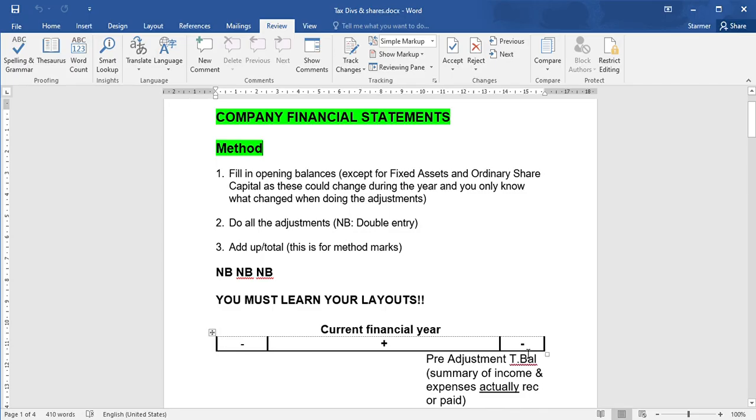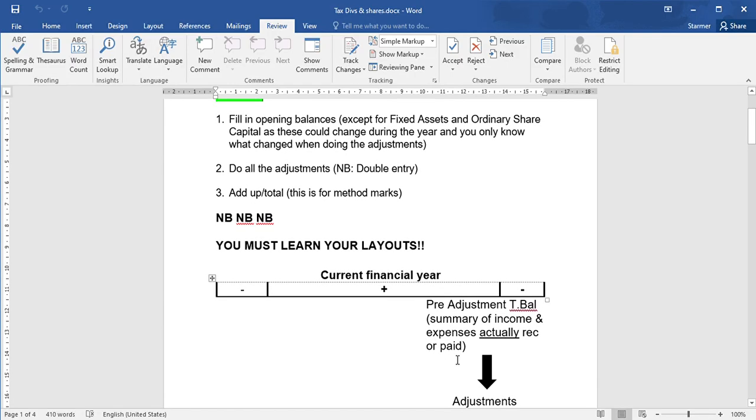So what you're given to start with then is a pre-adjustment trial balance. The word pre meaning before. And in the pre-adjustment trial balance, and remember I'm only talking about income and expenses now, you will have a summary of all those income and expenses that have actually been received or actually been paid. Now some of those amounts will not fit into the current financial year, and therefore it's going to be necessary